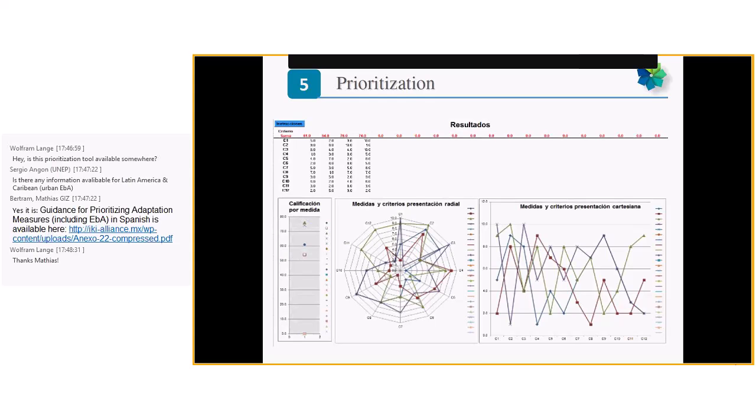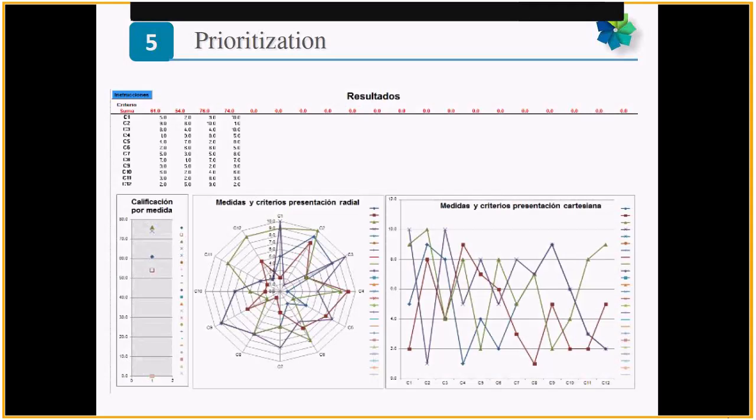But the latest version, which was just updated last year in December, was finished, and now we are in a process with the Ministry of the Environment in Mexico to upload it on the official webpage, so you can access it.